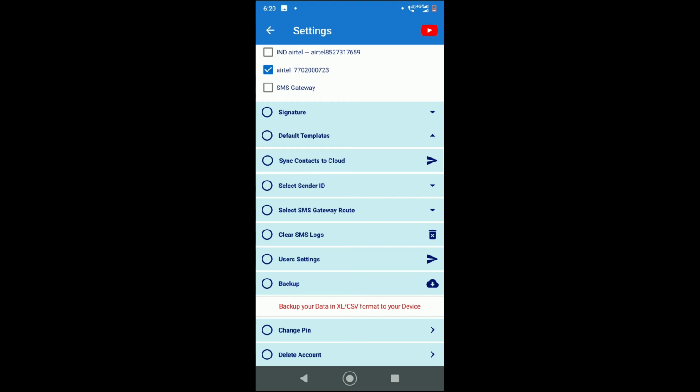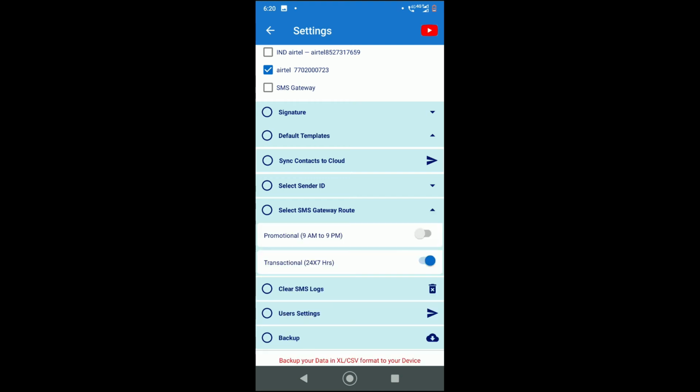Now the next option is select SMS gateway route. What is this? There are two channels to send bulk SMS. Promotional, which works 9 AM to 9 PM as per TRAI rules, and transactional, 24/7. Transactional messages are generally sent to your known contacts, who are your customers, like how we get messages from banks.